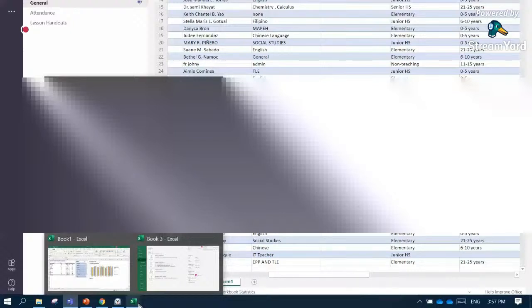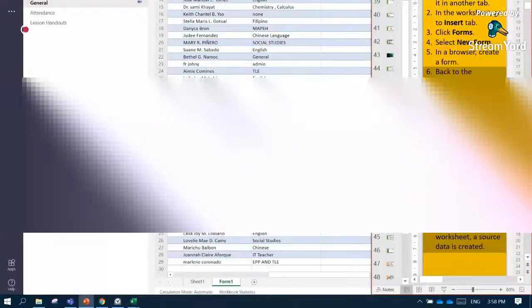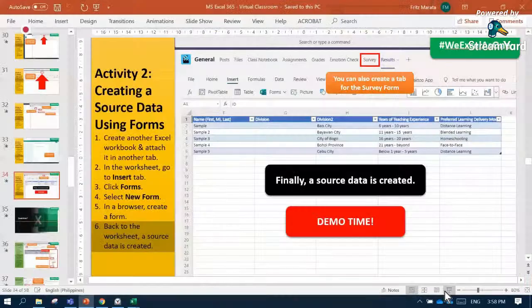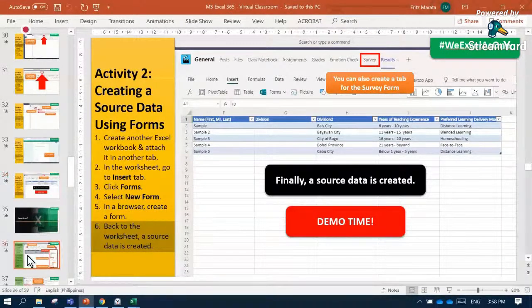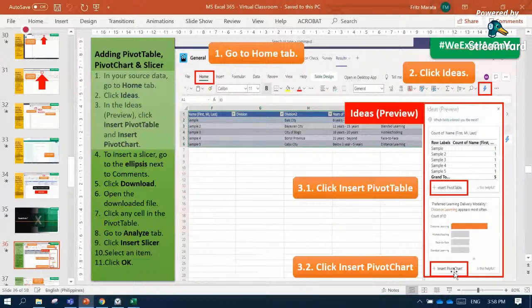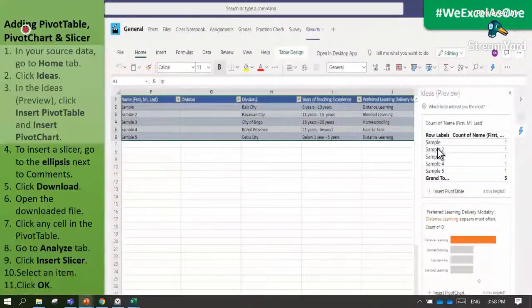Okay, so how to do that? You can go back to my PowerPoint presentation for the steps on how to add the pivot table, pivot chart, and slicer. You will go back to your responses later. Let us first walk through all the steps on how to add the three features.